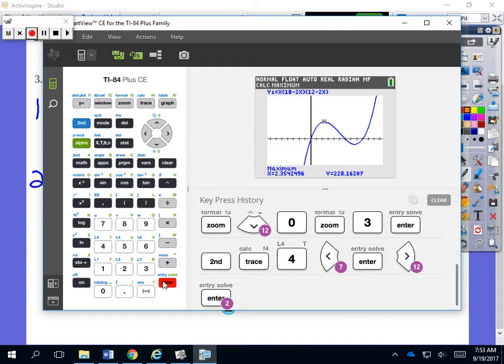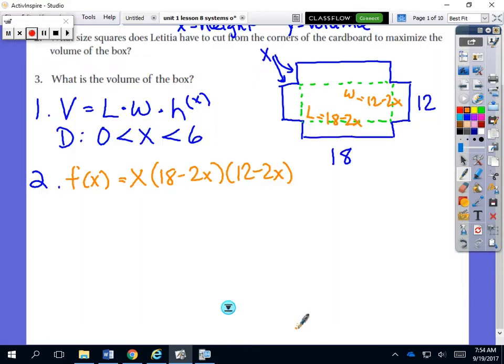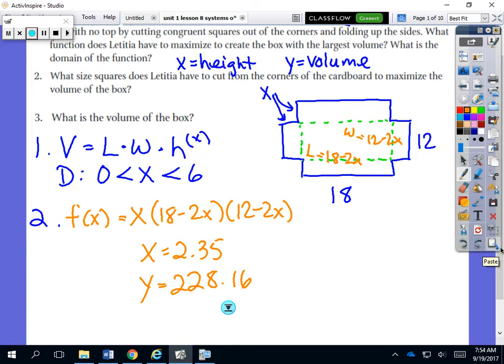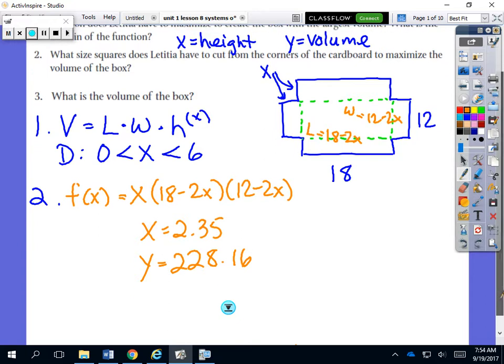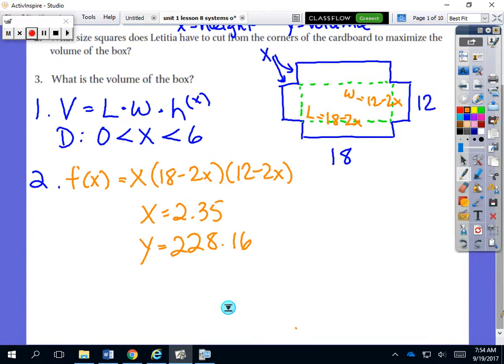So the maximum x value is 2.35, and the maximum y value is 228.16. So x equals 2.35, and y is 228.16. If you go back to what our variables stand for in this problem, we said x is the height, or the amount we cut out of the squares on the sides, and y is the volume. So the answer to number 2 would be 2.35